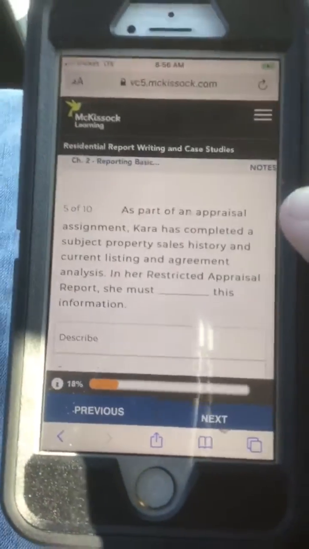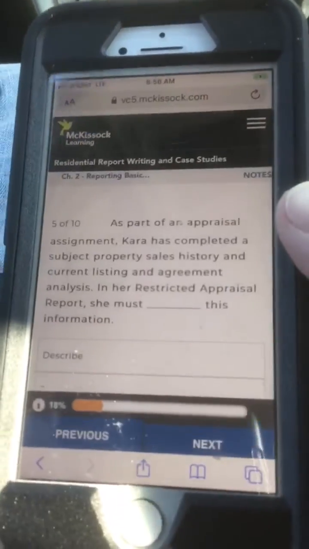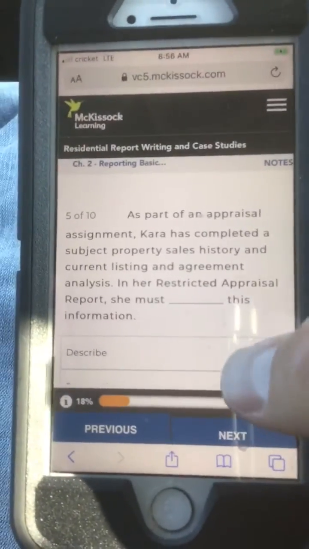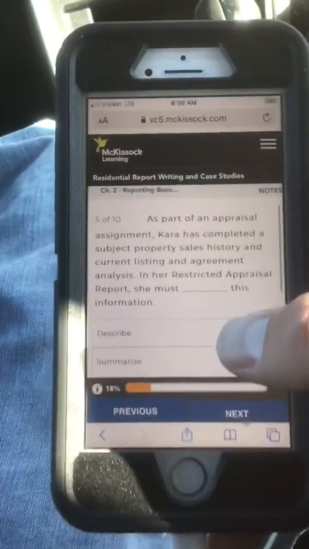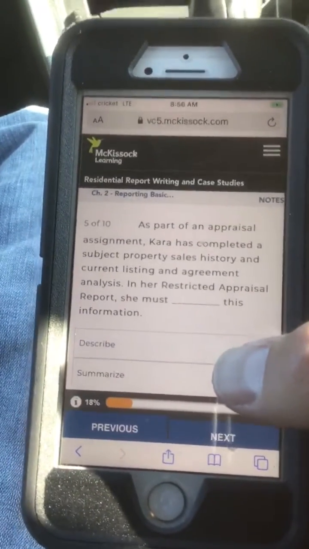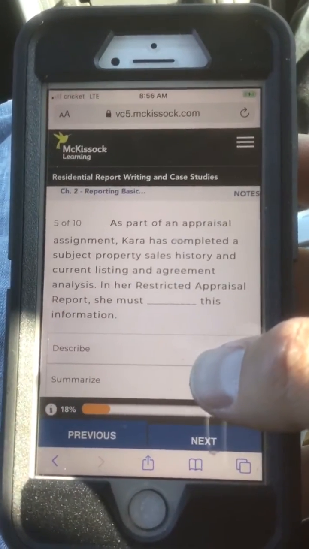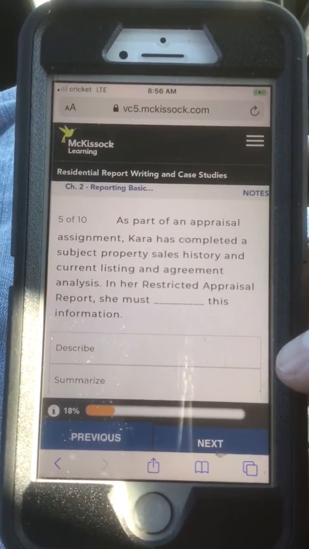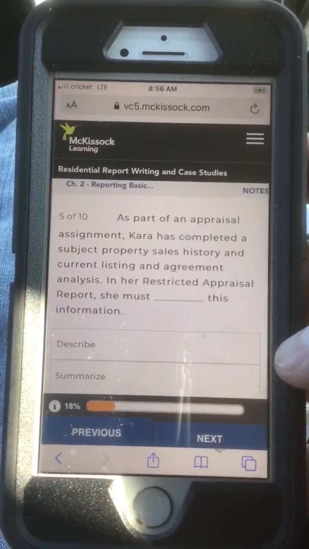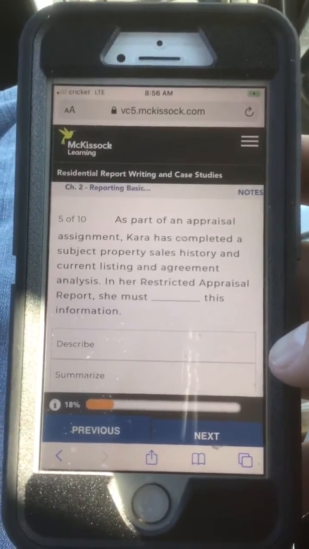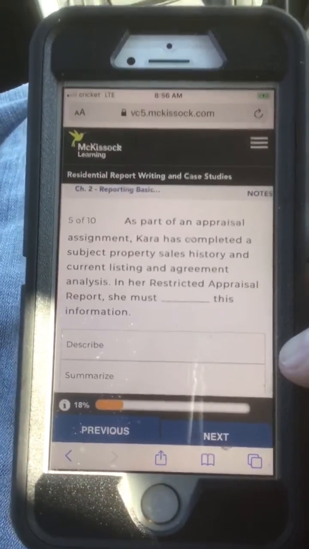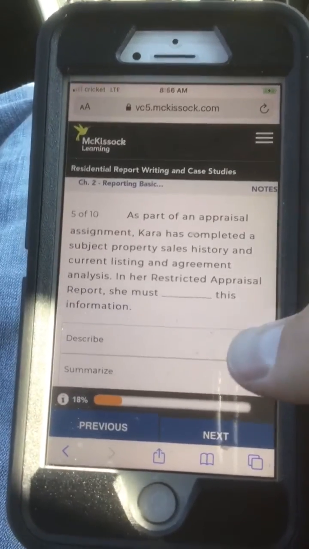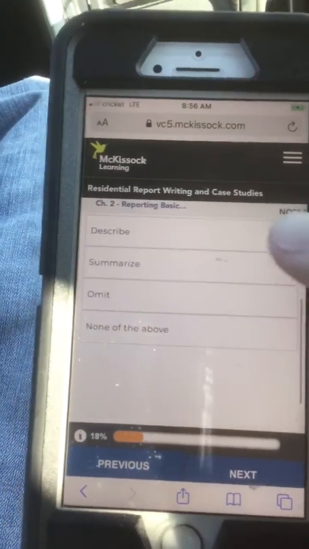Number 5, as part of an appraisal assignment, Kara has completed a subject property sales history and current listing and agreement analysis. In her restricted appraisal report, she must blank this information.